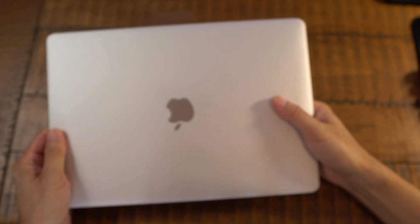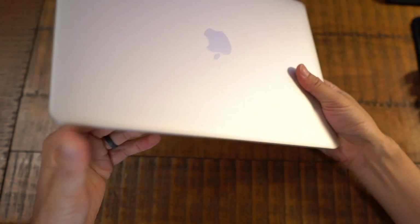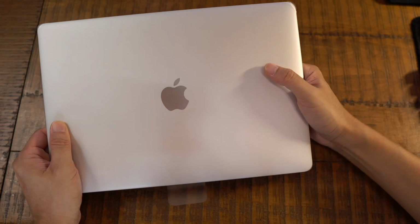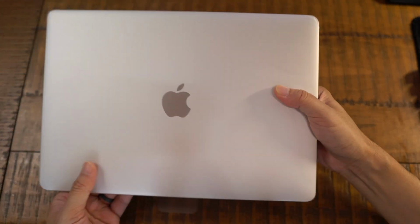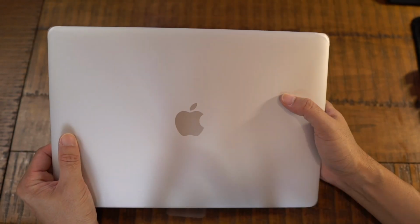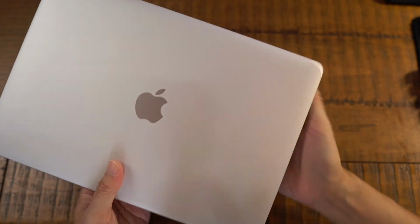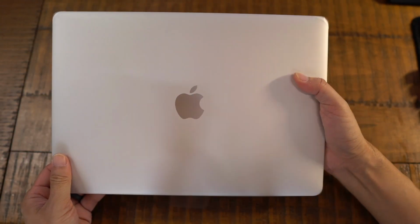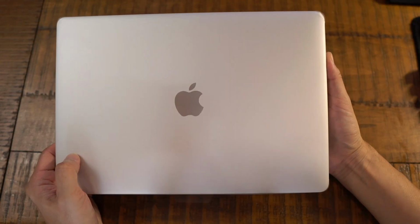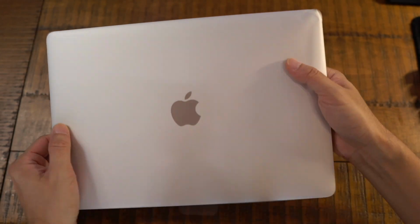So here we go. This is the 2020 M1 MacBook Air. This has 16 gigabytes of RAM, 512 SSD. Same specs as my M1 Mac Mini. The only difference is this is fanless. This does have the 8-core GPU as well. So this is pretty much everything the same except for the fan. And of course, my M1 Mac Mini has 2 more USB-A ports and an HDMI port, so I'll only be able to do one display through this machine. But